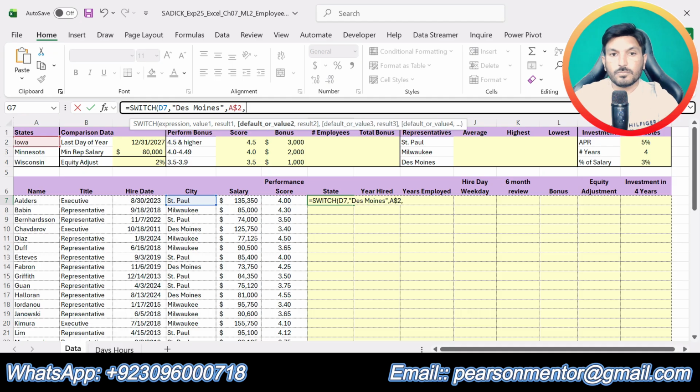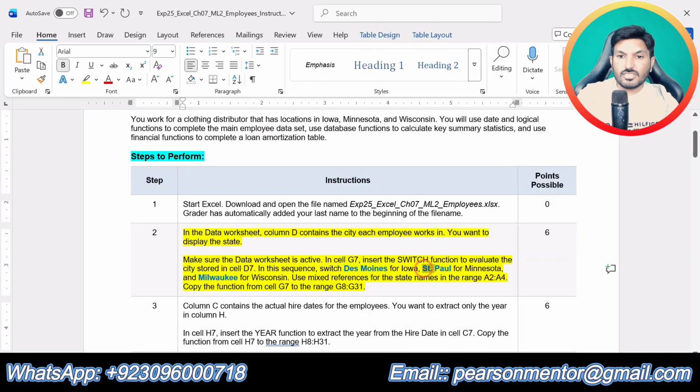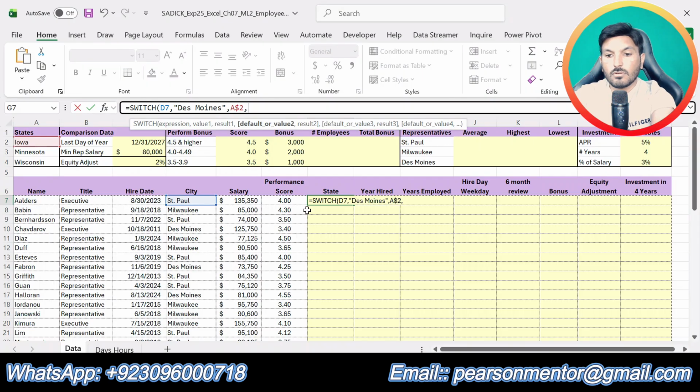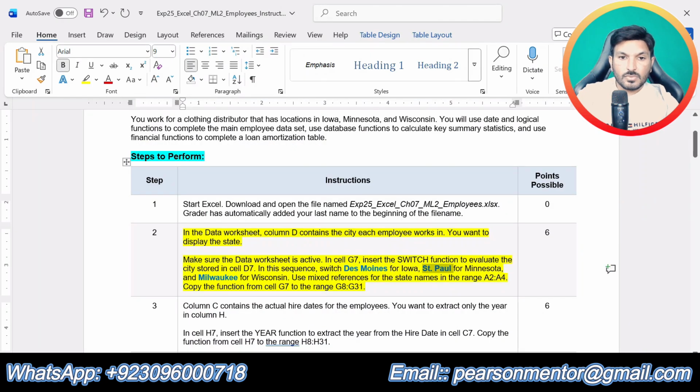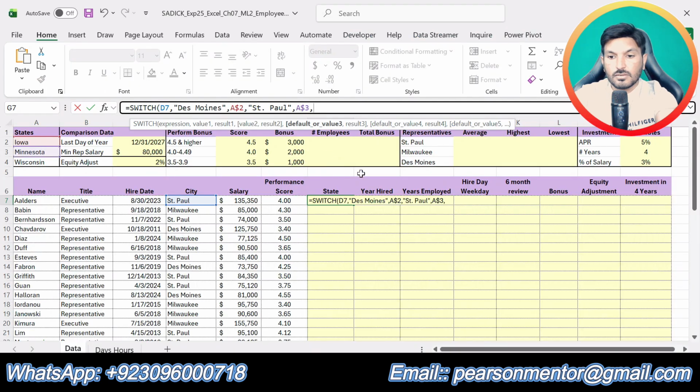The second one is for St. Paul, for Minnesota, this one. The last one is Milwaukee for Wisconsin, this one, and use the mixed reference. So I am using the mixed reference.